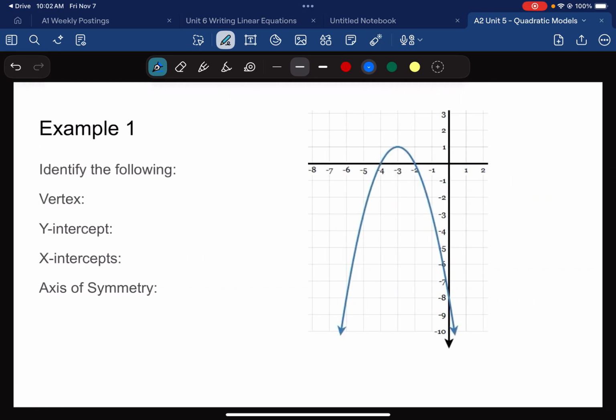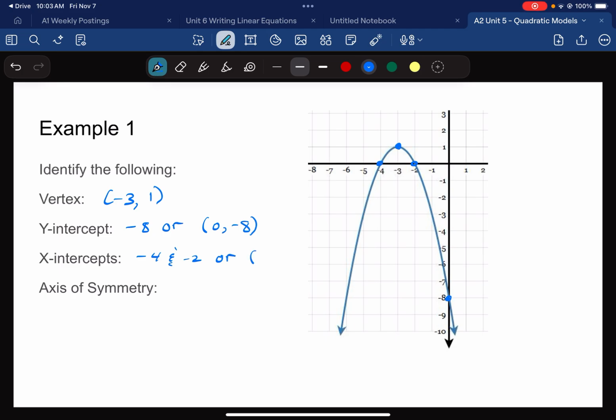So just looking at an example then of practicing naming those parts. So the vertex here is this point right there at the top. This one opens down, so it's got a maximum point at the vertex, and that's negative 3 on the x and positive 1 on the y. The y-intercept is down here at negative 8, or they could ask you to put it in ordered pairs, so 0, negative 8, because for y-intercepts, x is 0. The x-intercepts are negative 4 and negative 2,